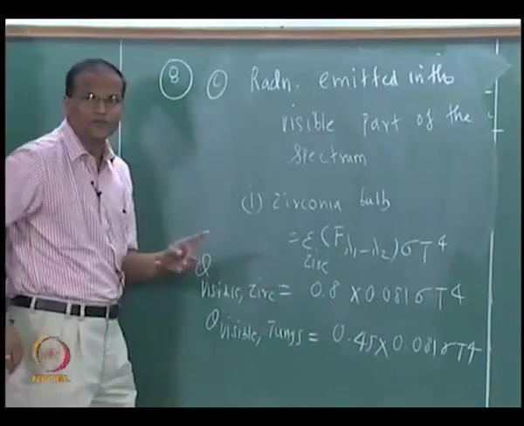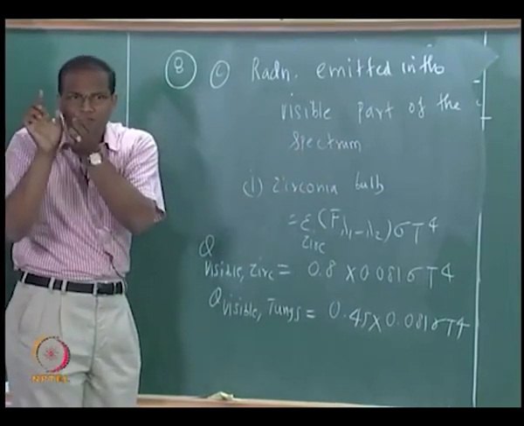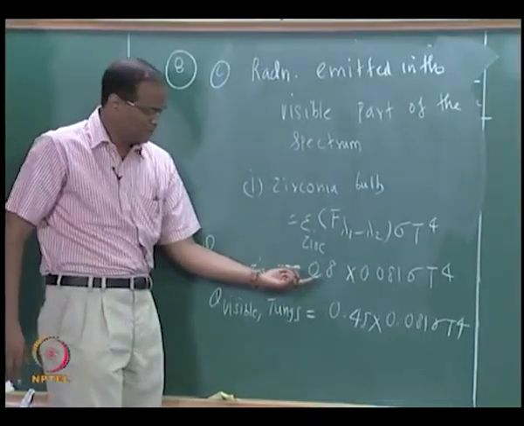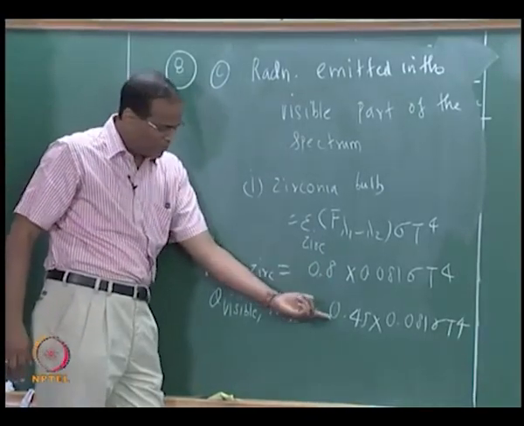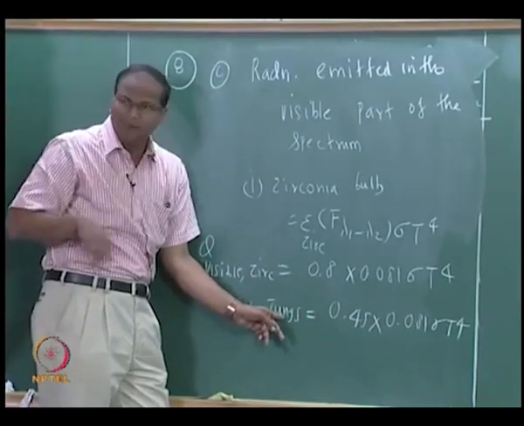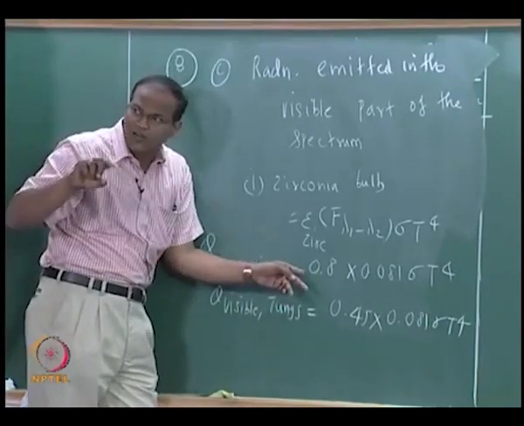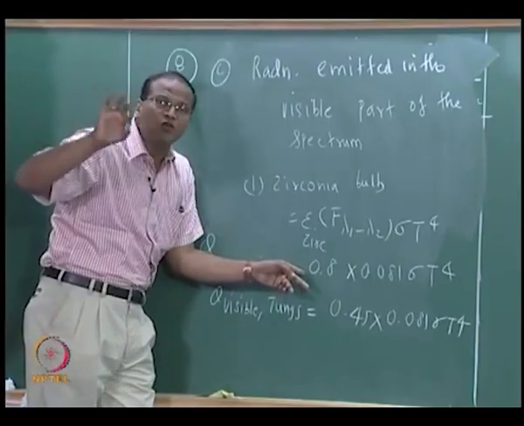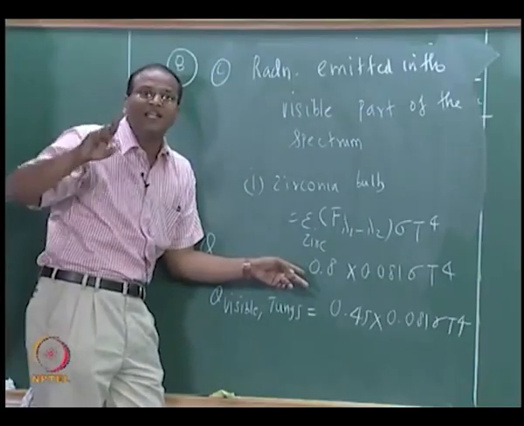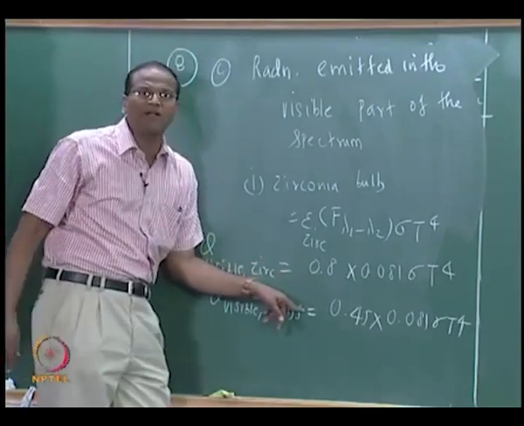Sorry for the small slip. This formula is correct, but I cannot put epsilon for the whole thing. I should insert the value of emissivity corresponding to the visible part of the spectrum. So it is 0.8 for the zirconia filament, but it is only 0.45 for tungsten. Therefore, even though the tungsten filament has a higher hemispherical total emissivity as opposed to the zirconia filament, the zirconia filament, by virtue of having a very high spectral emissivity of 0.8 exactly in the visible part of the spectrum, gives more visible radiation compared to the tungsten filament,